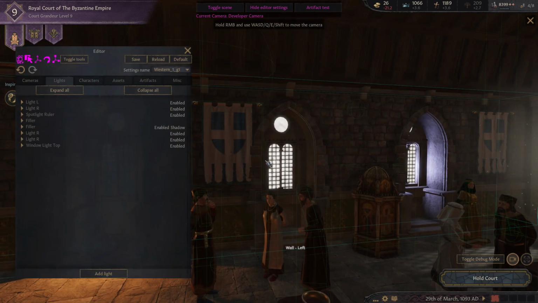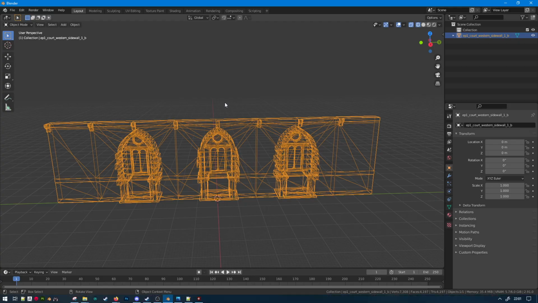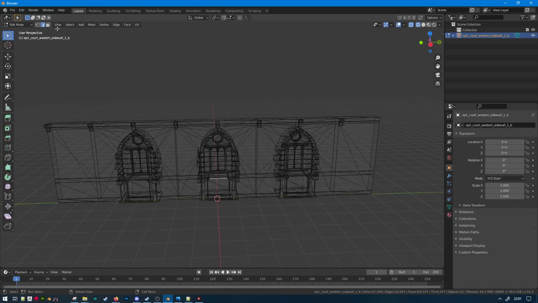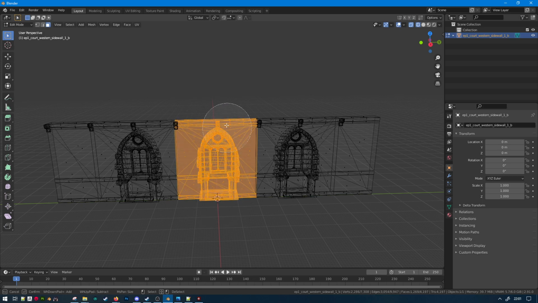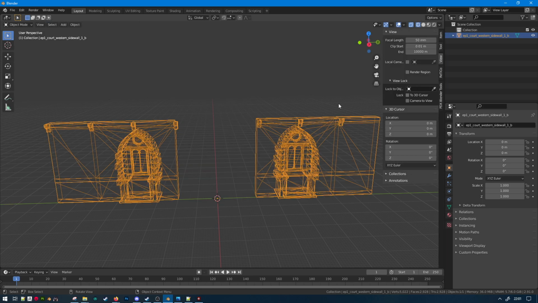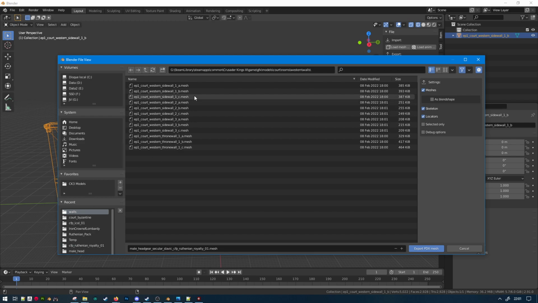Like this. I could even show it to you right now. Never do this when you're modding, right? Because I will have to check my game files after I'm done with this, because it's super bad to do that. But if I delete the window, save the mesh, and it was Western 1B, selected only,